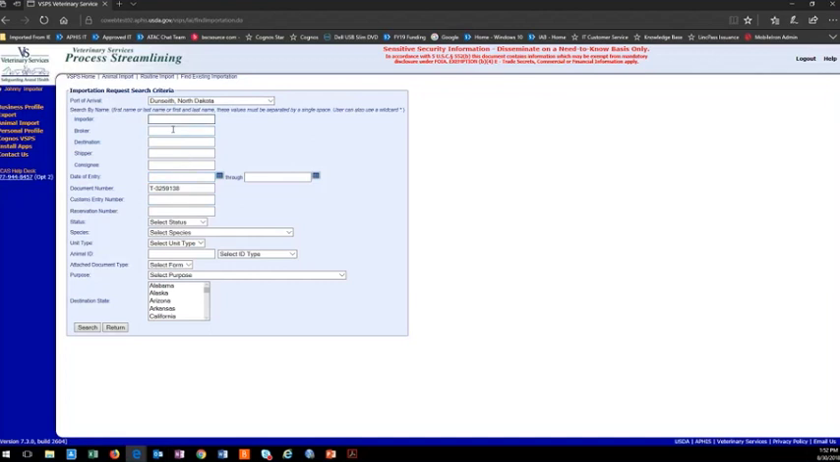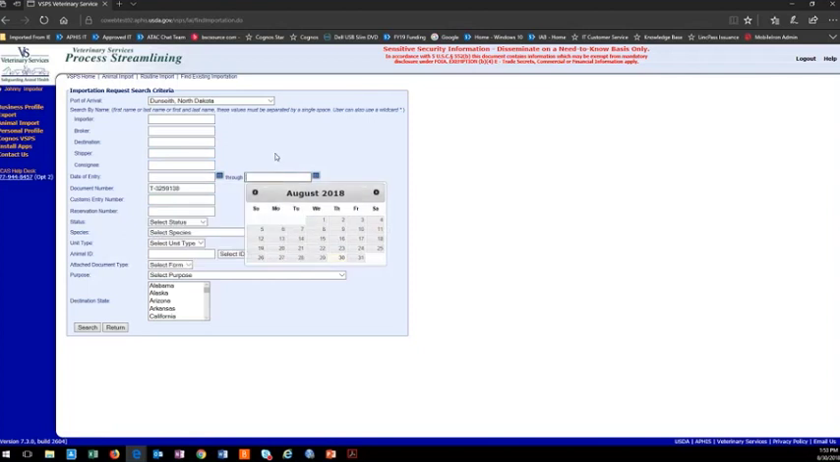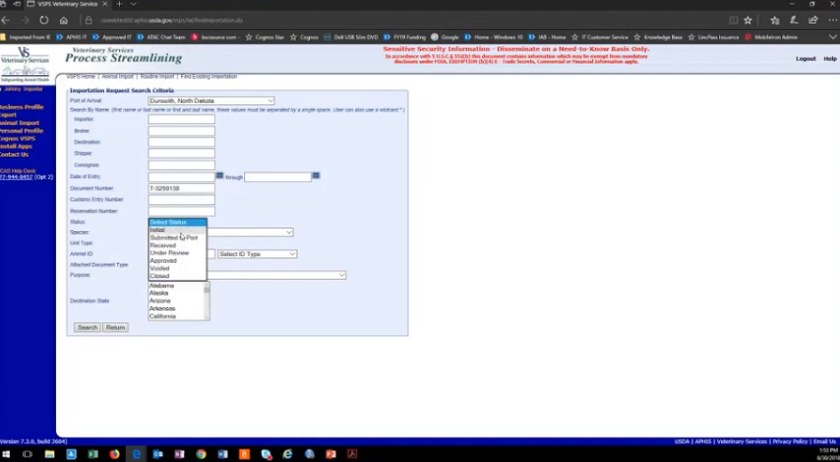You can search by many different things here: by importer, broker, destination, shipper, consignee. If you wanted to search for cattle that came through in a certain time frame, in a week, month, whatever, you could do a date of entry of August 1st through the 30th, and it'll bring up all those entries for that time frame. If you wanted to search for one just by customs entry number, by status,